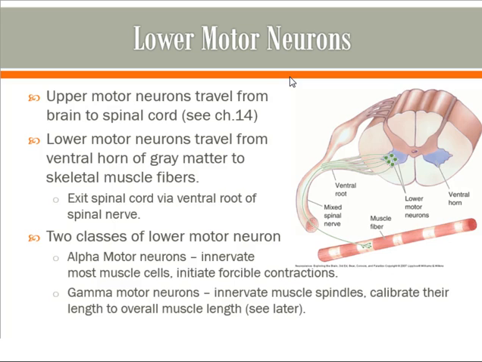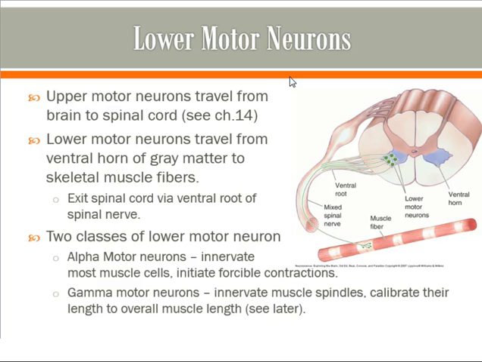But there's sort of a problem in that muscles are not one set length, right? If we look at my bicep again, in this state my bicep is quite long, but if I contract my bicep and allow my arm to flex, this muscle has now shortened in length, probably by a couple of centimeters. So what these gamma motor neurons do is stimulate little tiny muscle cells housed within the muscle spindle organ that cause the spindle to change length in a way that corresponds to the overall length of the muscle itself. You can think of them as embedded sensors that change their length to calibrate to the overall length of the muscle.